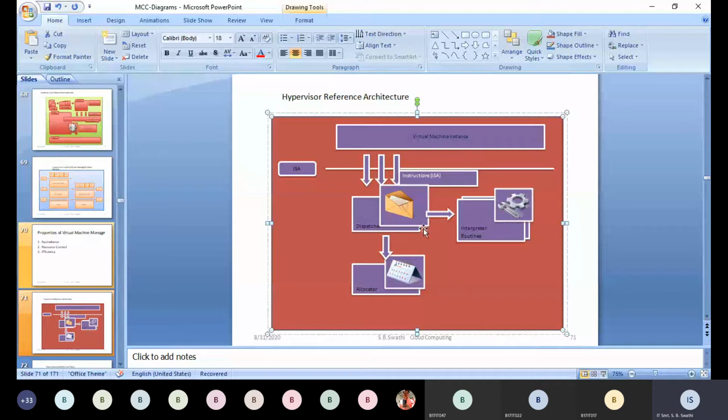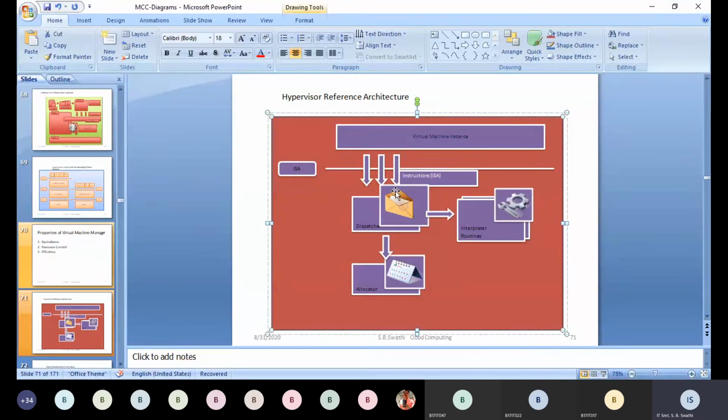So this is the internal working of the VMM. We have three modules: dispatcher, allocator, and interpreter. The job of the dispatcher is to distribute the instructions received from this instance or image by the VMM. It will distribute the instructions to both the interpreter and the allocator.